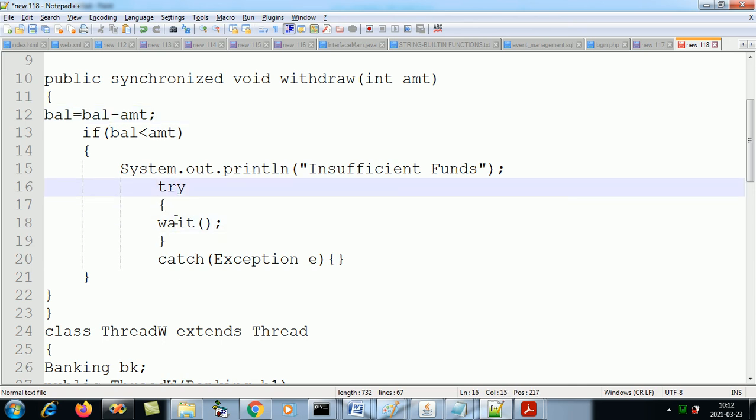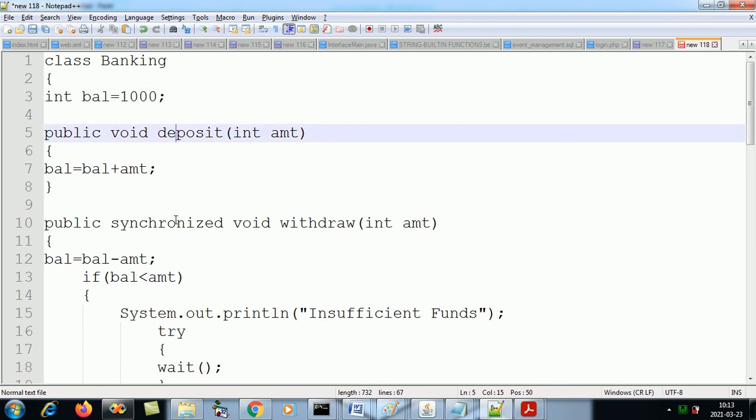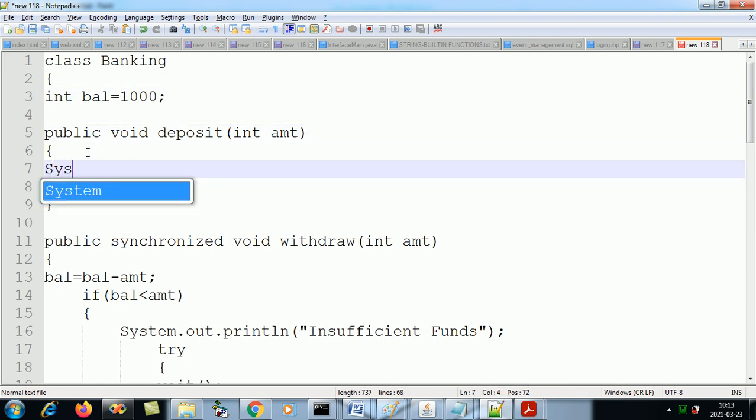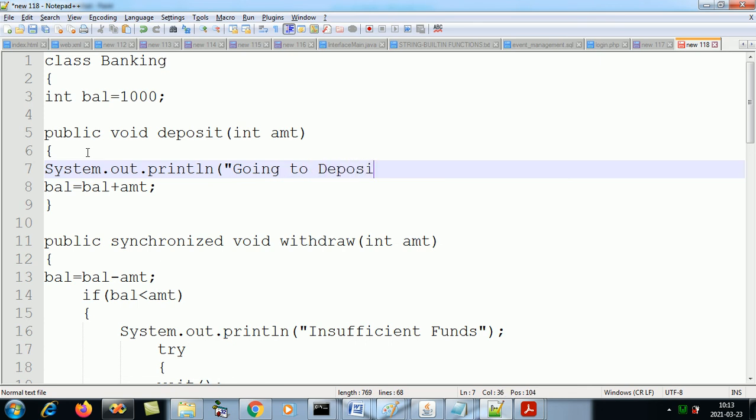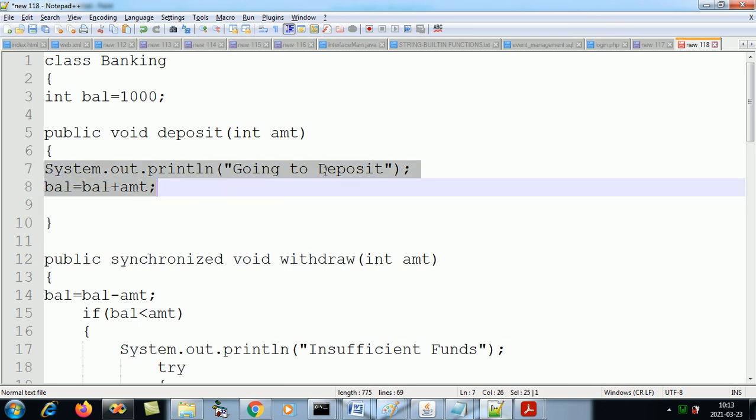Now deposit, what will deposit do after depositing? Once the money is deposited, here we can say going to deposit, then deposit is done, and after depositing, we can say money deposited.